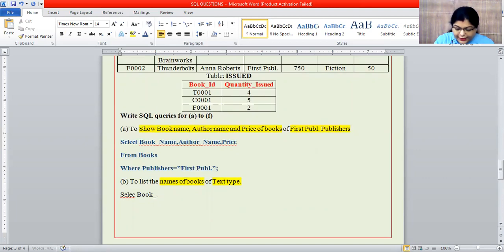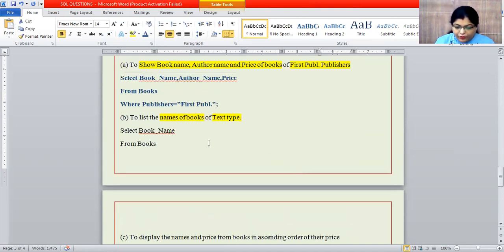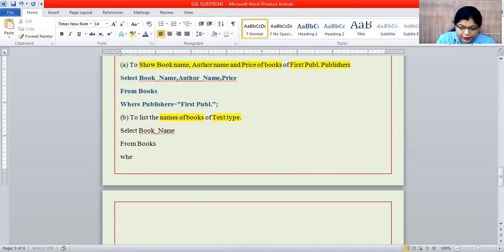Select book underscore name from books, where it is of text type. So the column name is type here. So from books, where type is equal to text. Okay. So this is the command for the next question.